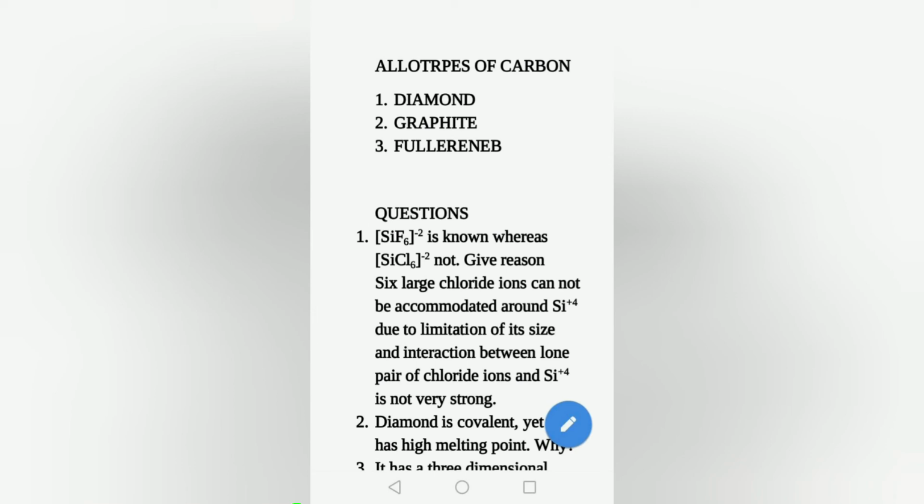and each carbon atom seems to lie at the center of the regular tetrahedron and is linked to 4 surrounding carbon atoms lying at the corners of the tetrahedron through strong covalent bonds. Due to the high strength of covalent bonds holding numerous carbon atoms together, diamond is very hard and has high density. Since breaking diamond requires breaking strong covalent bonds, the melting point of carbon is unusually high.